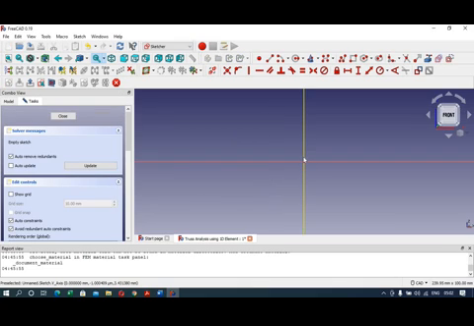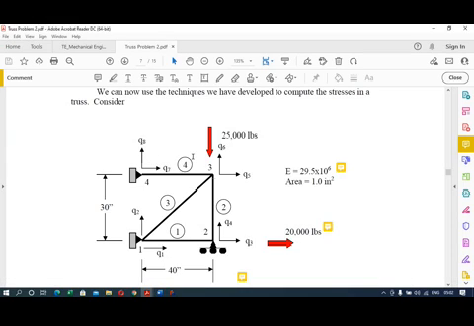Here you are supposed to create the sketch of the truss that we are going to analyze. This is the truss problem we are going to solve. There are a total of 4 truss members. Node number 1 and 4 are at the fixed end. Node number 2 is on the roller support. Here in this example the dimensions are given in inches. We are going to convert them into millimeters.